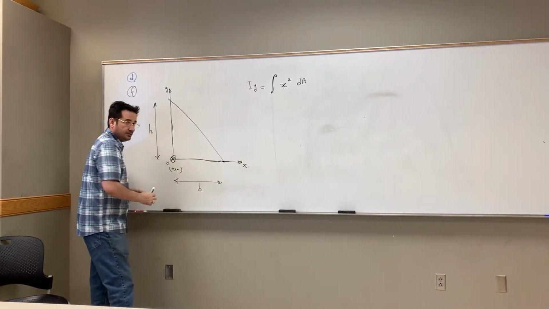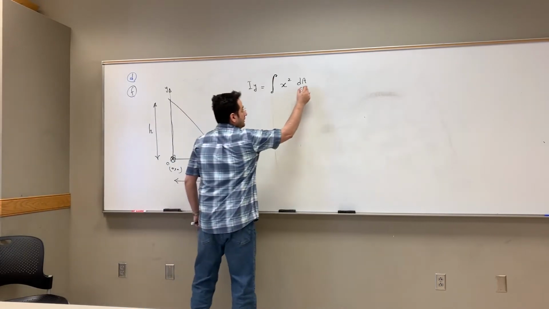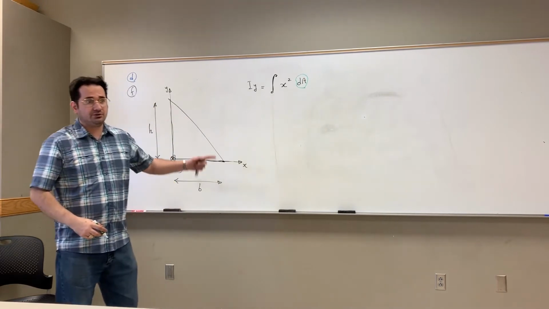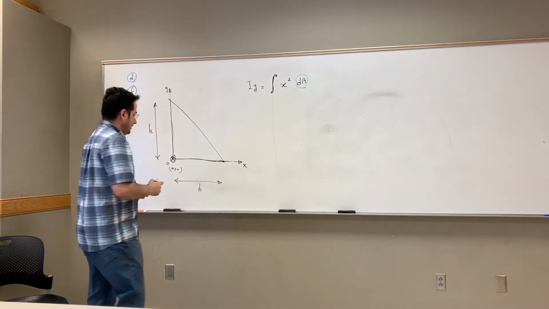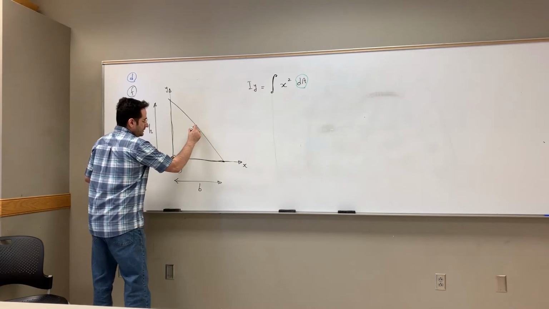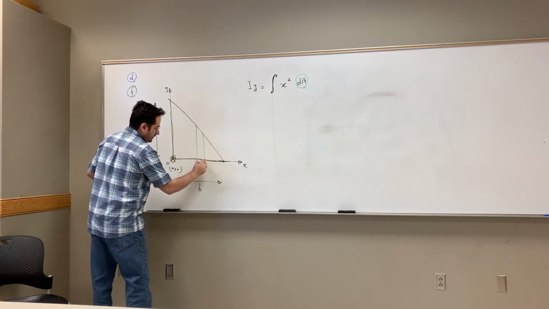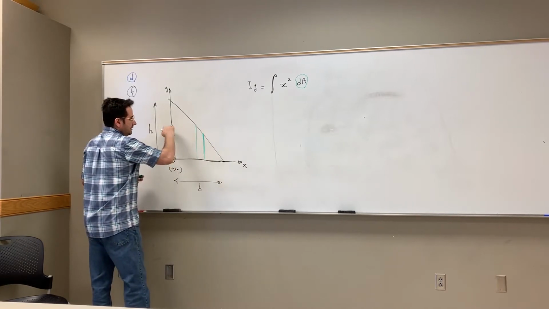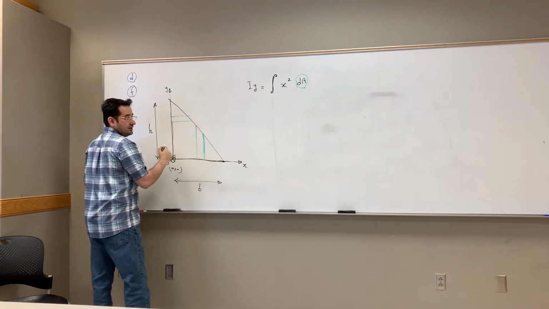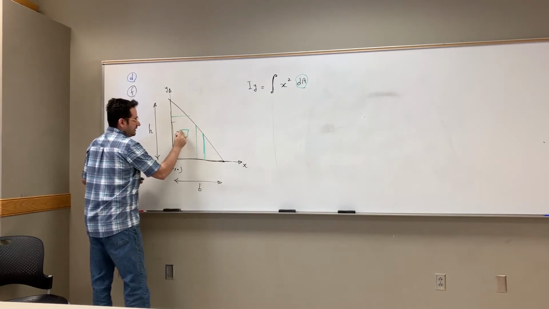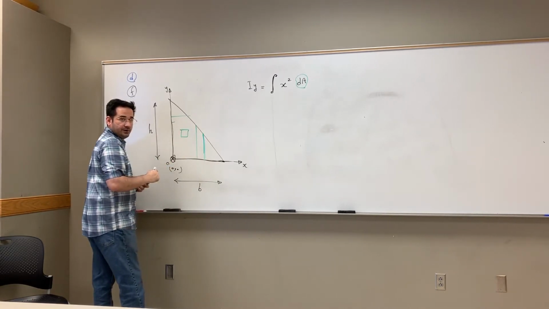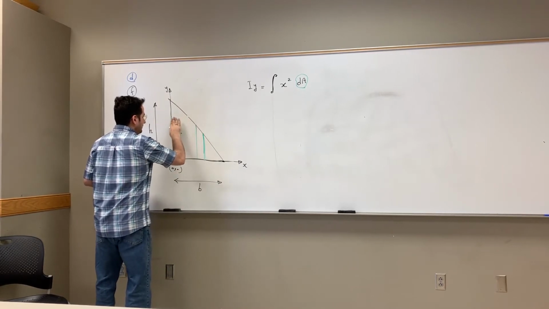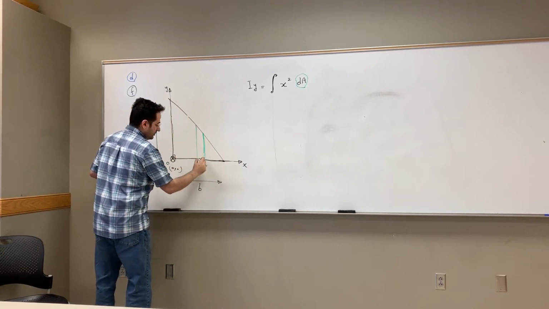So what should I do? First of all, I should find something for dA. If I find dA, I just plug it in and take the integral. In order to do that, I take an element like this. You can choose different types of element. You can take dx, dy, a two-dimensional element. But because this mimics my x squared, I just take an element like